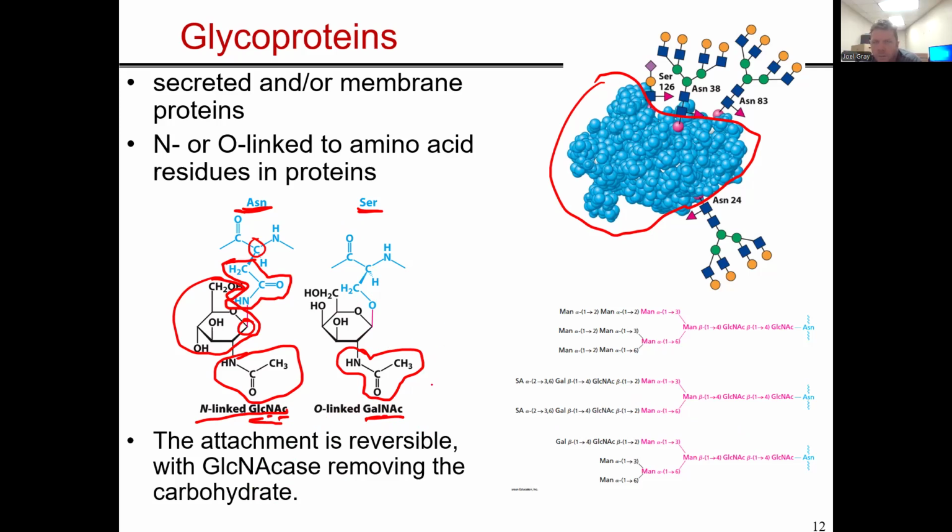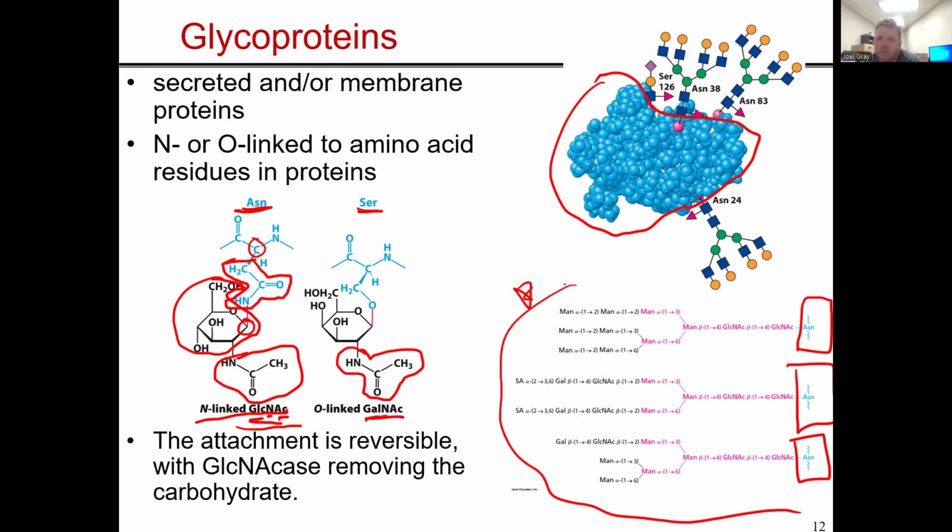Now, the complexity of these linkages is going to vary a little bit. Asparagine will always be the site for the GlcNAc. Serine will always be the site for the GalNAc. Now, what we have over here, this figure right here, shows that as soon as that GalNAc, or that GlcNAc, because notice this is asparagine, asparagine, asparagine, receives the GlcNAc,